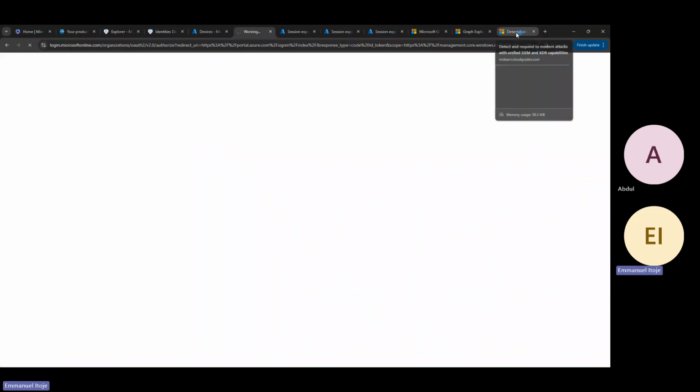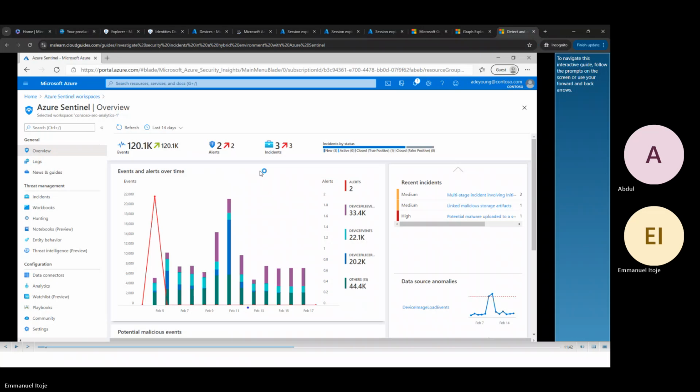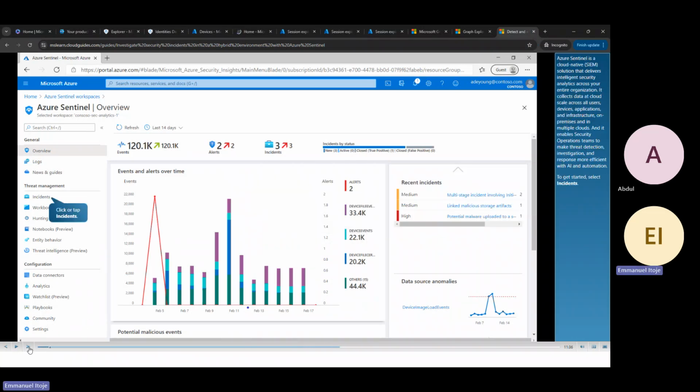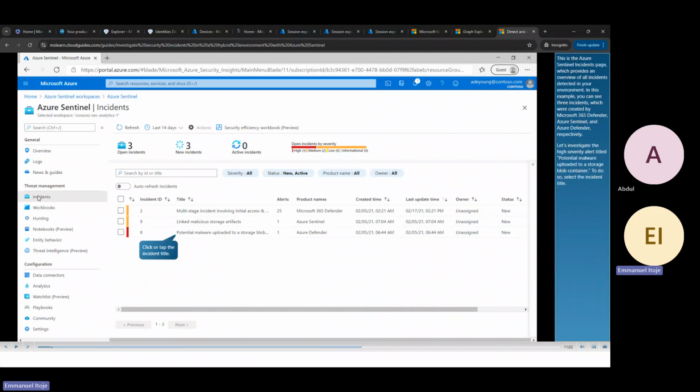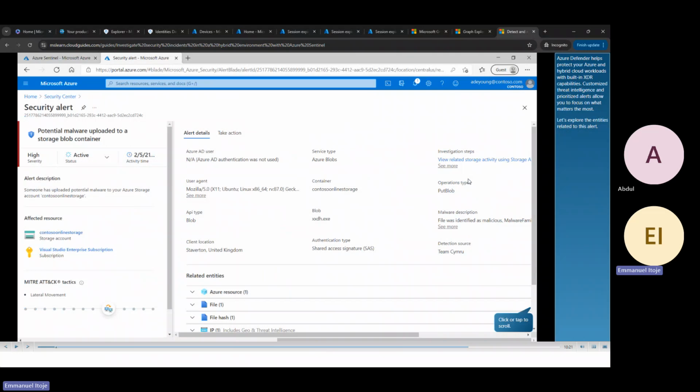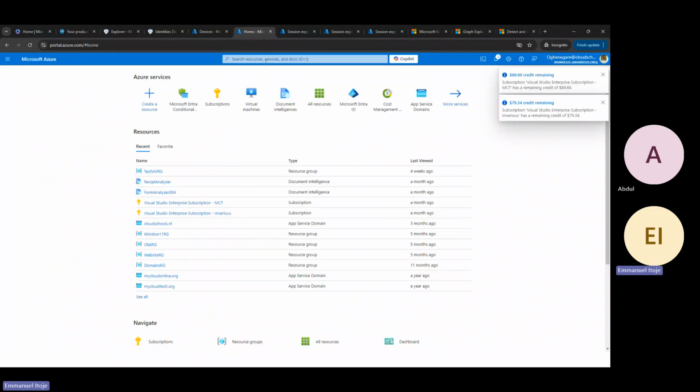While that is loading, for this, you go next, it tells you to click on incidents. You click on incidents, right? You're able to see potential malware uploaded in a storage blob. If you click on investigate this, it opens this. Let me go back to